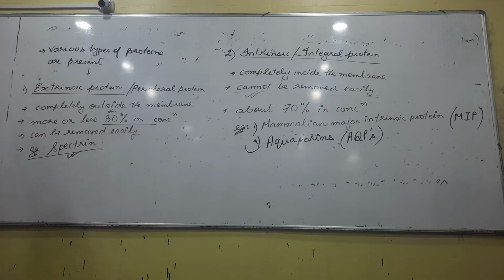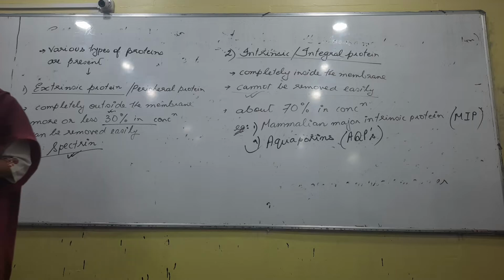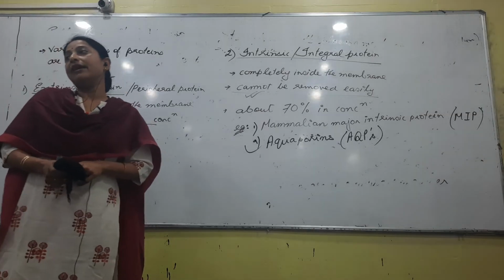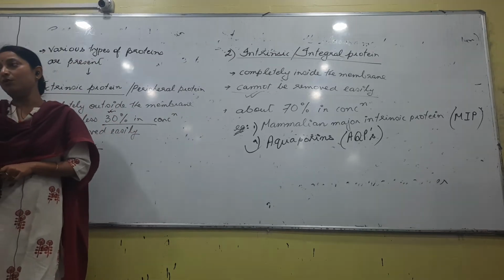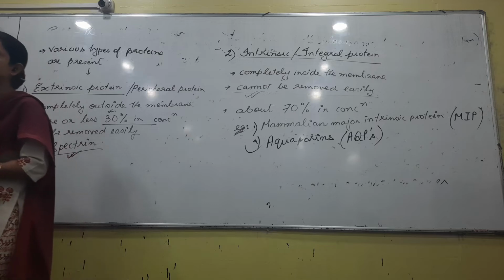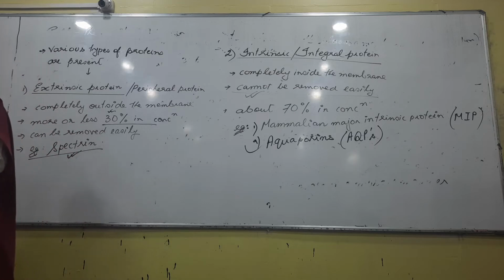What is porin? A protein pore is called a porin. Right. So in the membrane we have certain pores, right? What do we call those pores? Protein pores. And the name of those protein pores is porin. If the protein pore is meant only to transport water, that porin is called aquaporin.